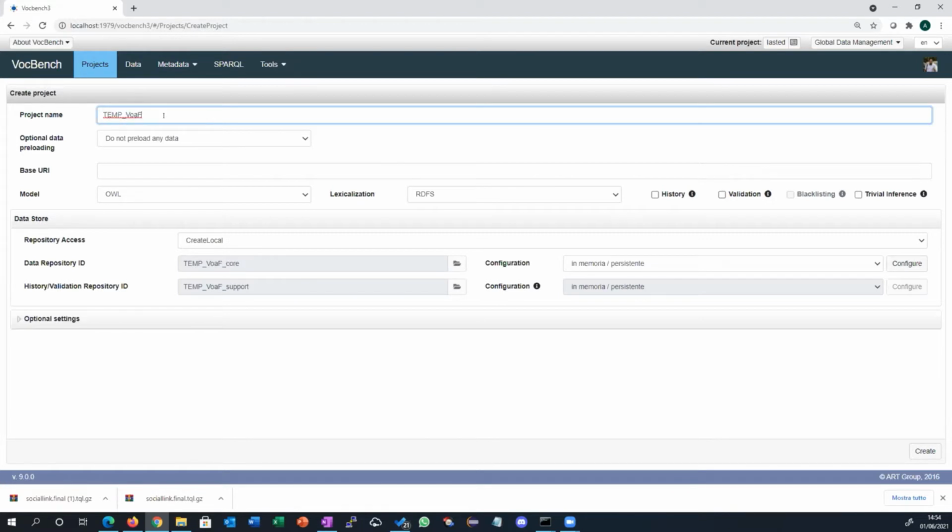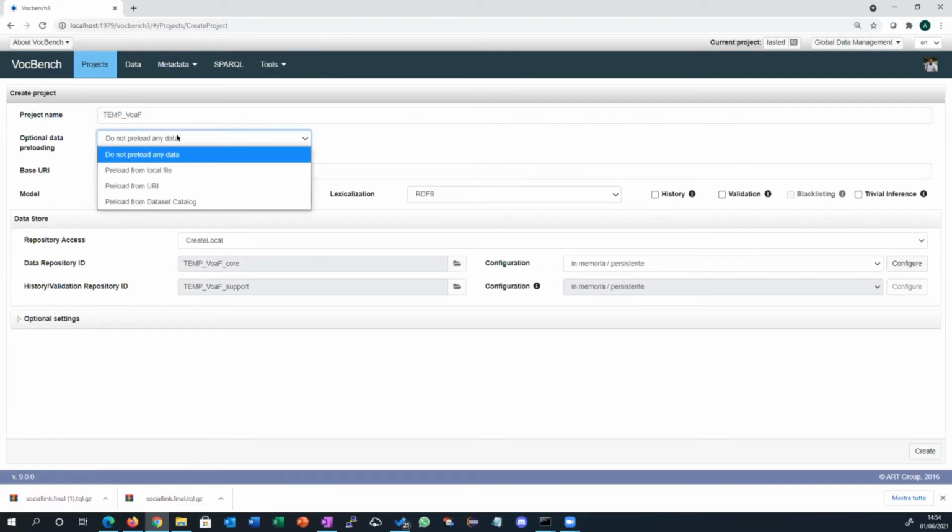VOAF, that stands for Vocabulary of a Friend. It's a vocabulary that is used to power one of the dataset catalogs that we will see now, because it's a vocabulary of metadata about our vocabularies. So now let's imagine that we want to edit this vocabulary, and I will use this as an excuse also to show you how this vocabulary is structured. So in this case, I'm creating a project for a vocabulary that already exists, maybe because I want to improve it. So instead, I could just put the URI of the vocabulary and directly import it from the web, or I could load it from some local file that I have on my file system, or I can